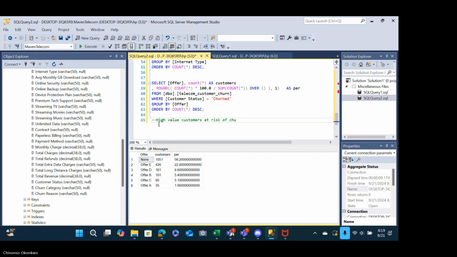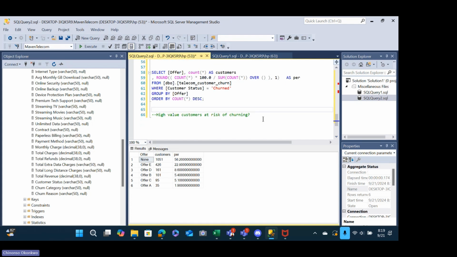Because if we know they're at risk of churning, we could be like, oh, these people, we need to start treating them specially. We need to start crafting our marketing campaigns with them in mind. So when we think about this now, you need to think, okay, what do you classify as